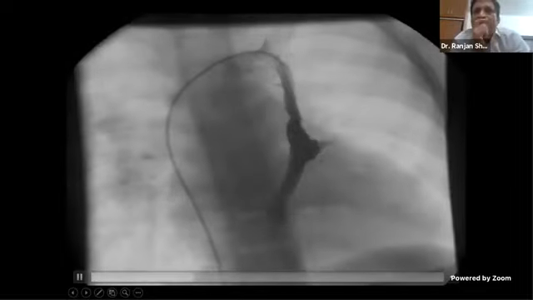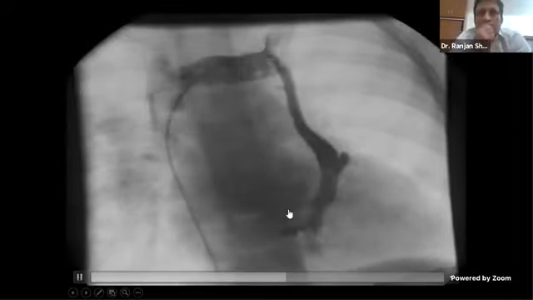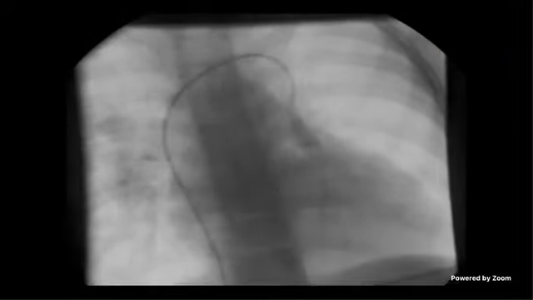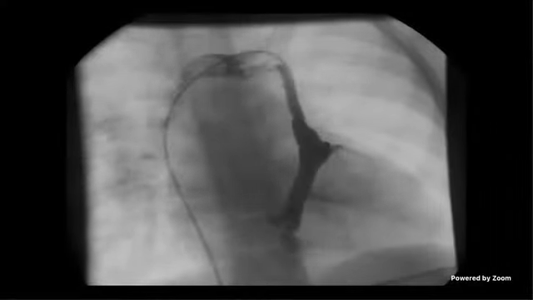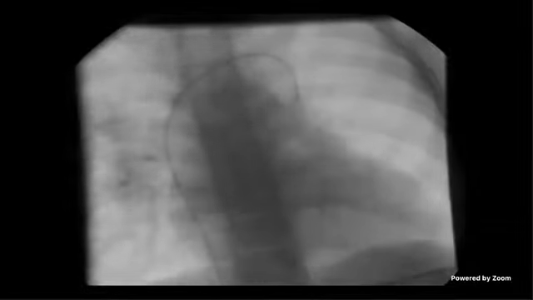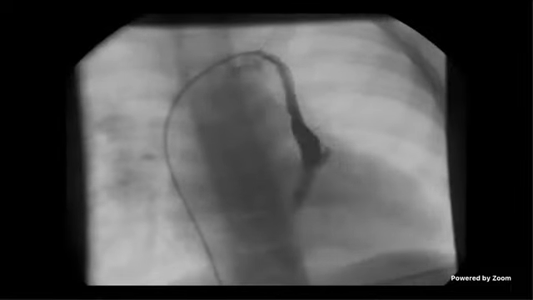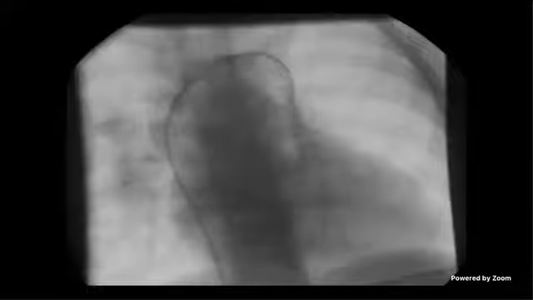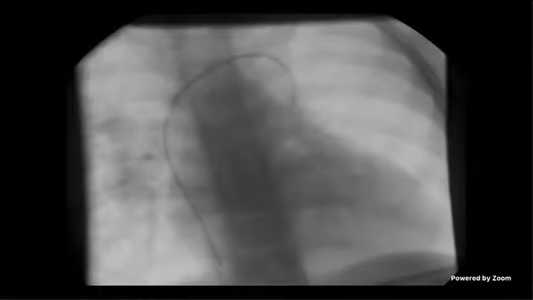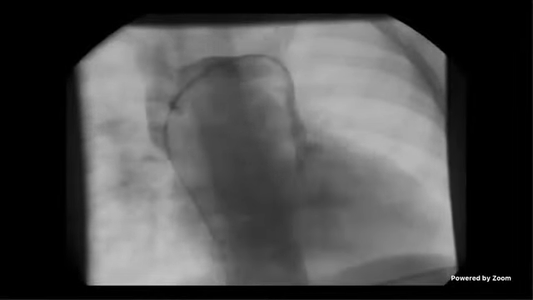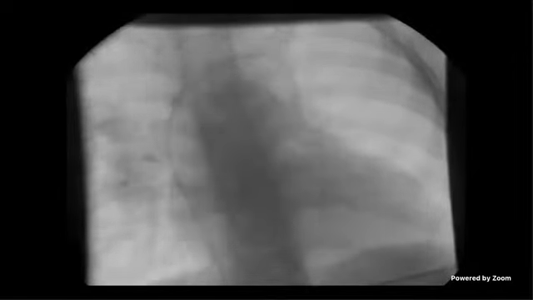Yes, Sudhir, go on. You're confused about the structure, I think, no? Yes, sir. So there is a communication between... this structure is communicating with the ventricle, sir. Which structure is that? I think you saw a similar angio before also. Only thing the catheter direction is opposite, but otherwise it's almost similar. Yes, sir. Two vertical structures are draining into the heart.